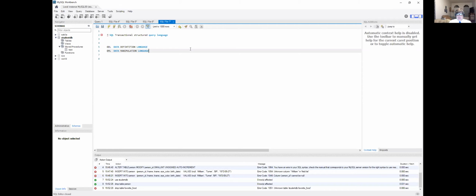Everything happens, boom, boom, boom, and the database is being used until that last line is done. If you're doing 110 insert statements in a row, that table you're inserting into, that database, is locked